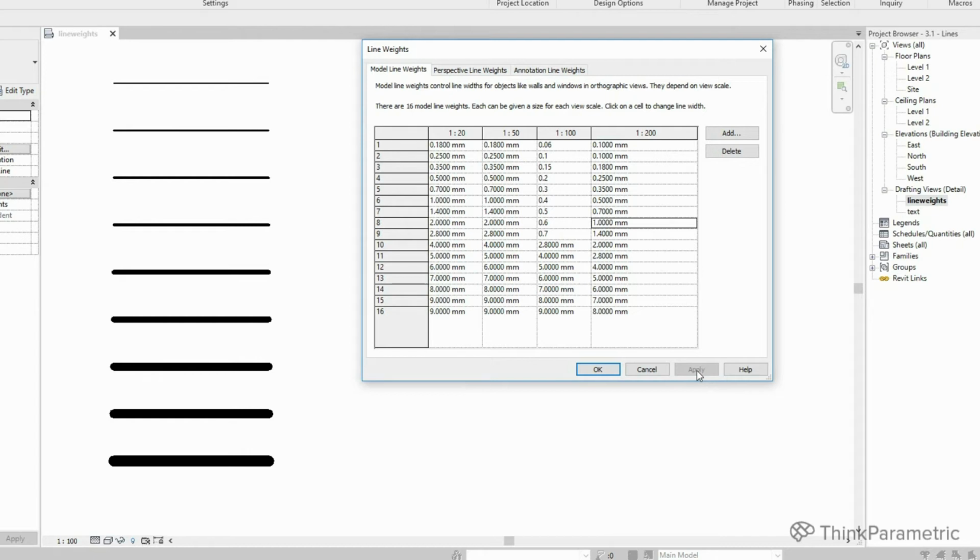But it seems that some lines are still thick and should be reduced. So let's set line slot number 9 to 0.5. Other slots will be 0.4, 0.33, 0.28, 0.23, 0.18, 0.13, and 0.08.